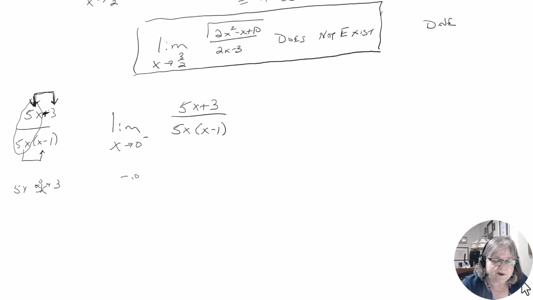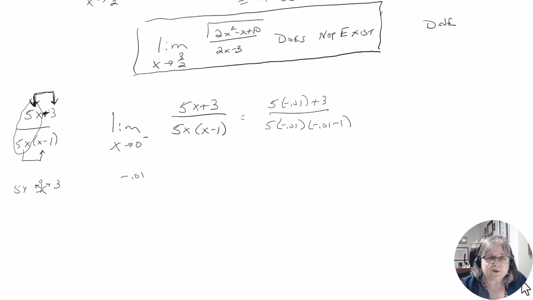How about negative 0.01? Okay, so you'd have 5 times a negative 0.01 plus 3 over 5 times a negative 0.01, negative 0.01 minus 1. Now, y'all, you're not trying to compute a specific number because these are going off in a general direction. So don't compute this on your calculator and then give your teacher a value. Okay? This is just indicating, because these are vertical asymptotes, that you're either going to be racing off to positive infinity or negative infinity. So 5 times a negative 0.01 is a small negative, plus 3 is going to be